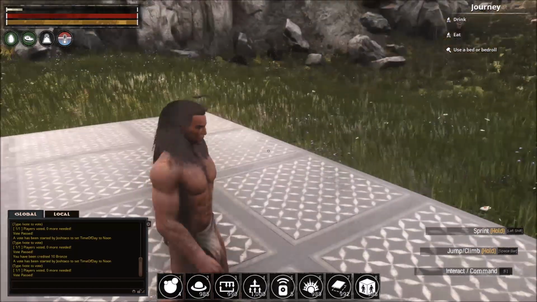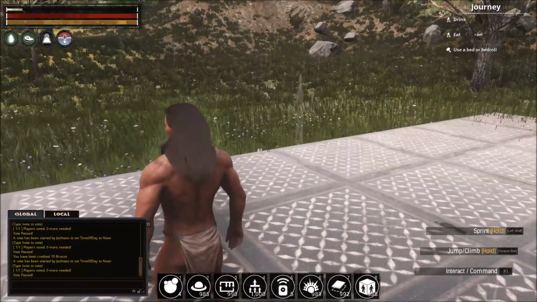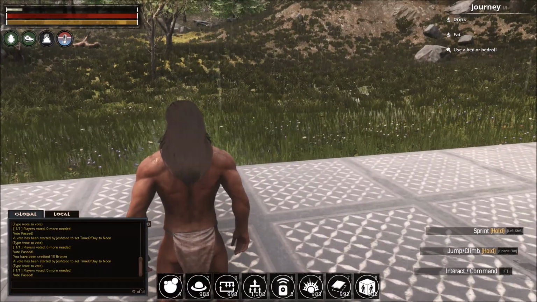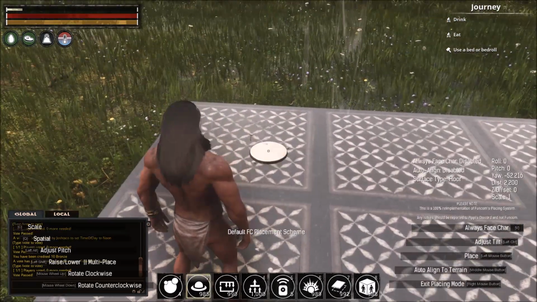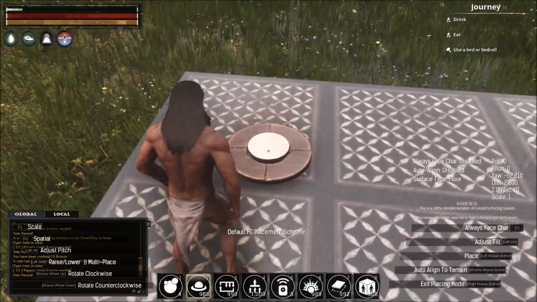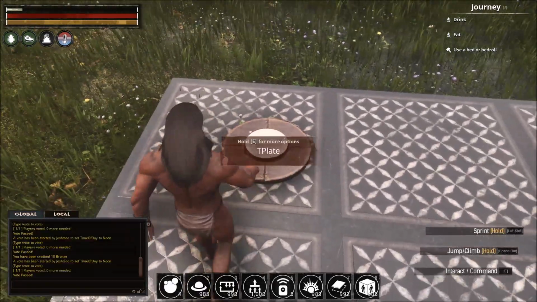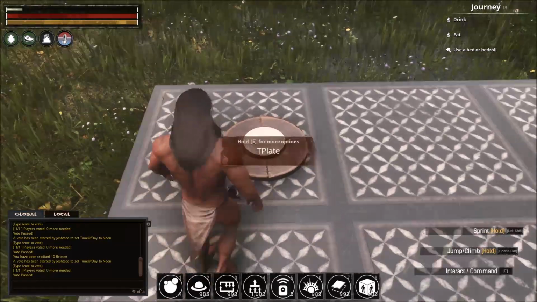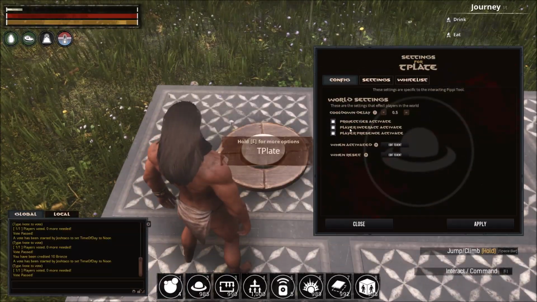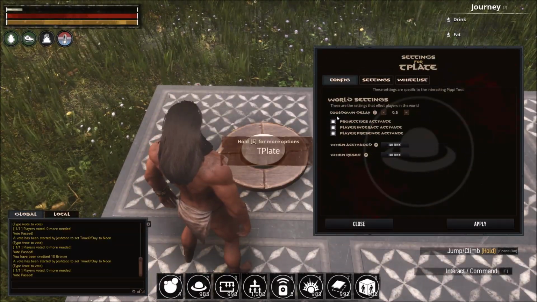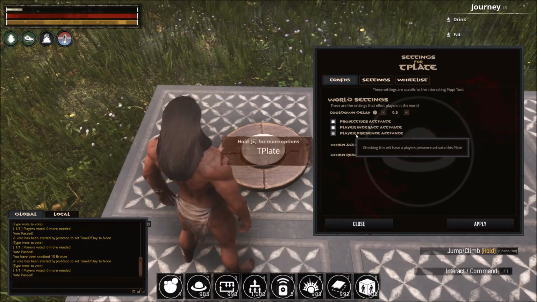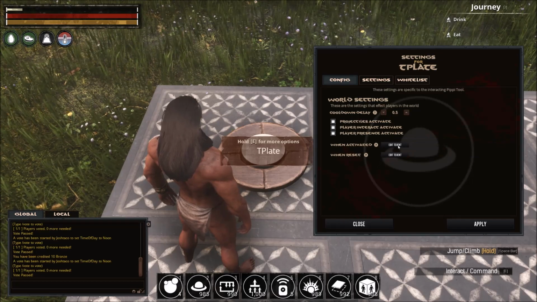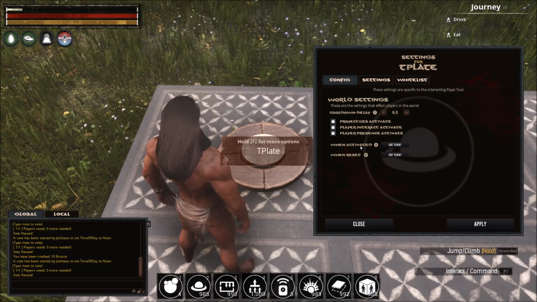But I think the first thing we need to do is go through the tools themselves, because there's now 7 of them. The first one we'll look at is this bad boy here, the TPlatform. Now if we look at it, you can see that in the world settings, we have a cooldown delay, projectiles activate, player interact activate, player presence activate, and then we have 2 T events here, when activated and